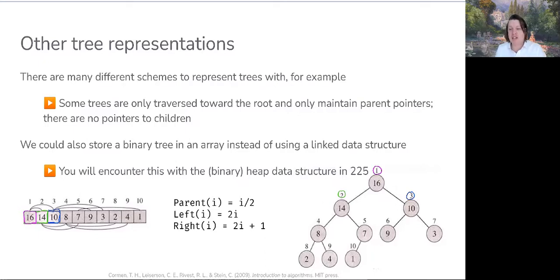So for the left child of the element at position 1, storing the integer value 16, its left child would be at position 2 times 1, so position 2 or index 1 in the array. The right child would live at the parent's position, so 1 multiplied by 2 plus 1, the third position in our array,